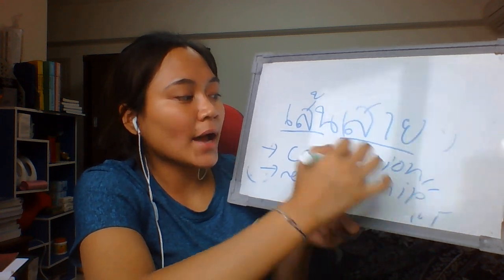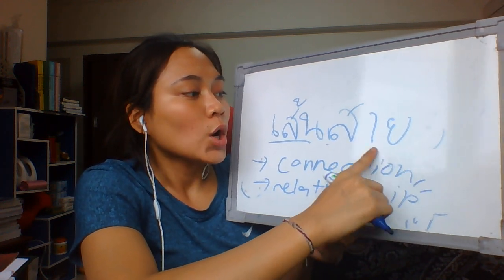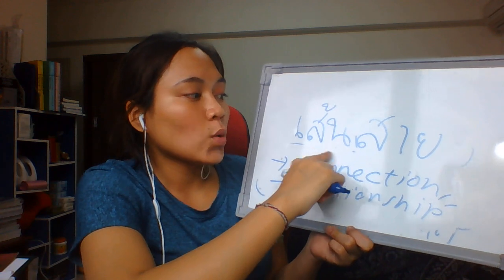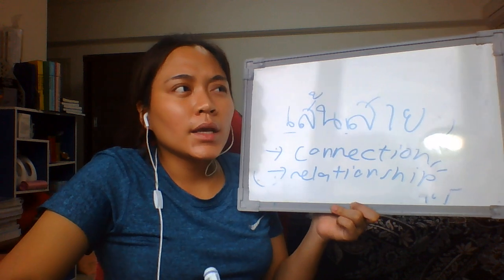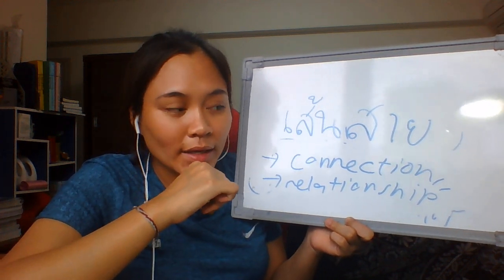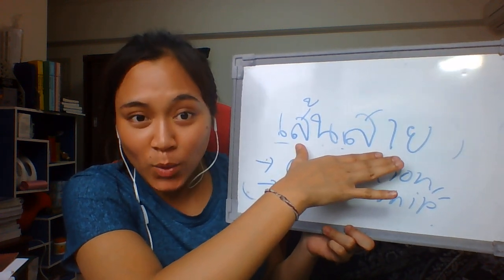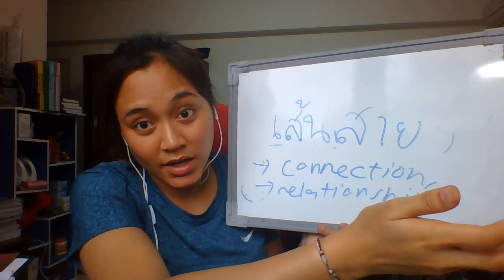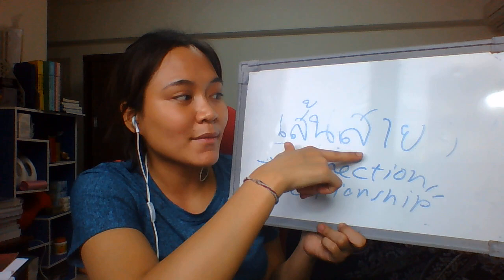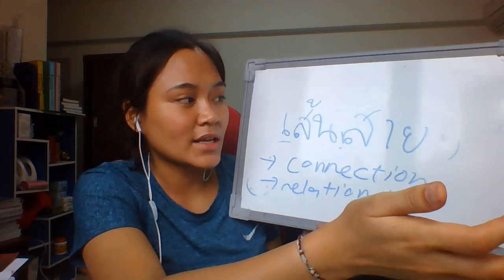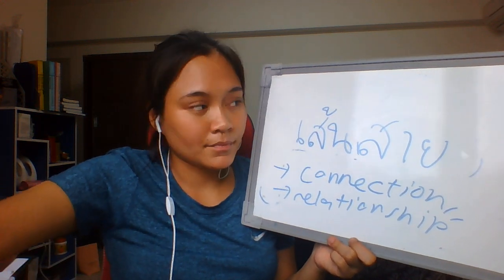But when we talk about this kind of connection, sen sai, we normally talk about it when you apply to a school, university, or a job, and sometimes you need sen sai. I wouldn't say that it's high culture, but we say that it's easier for people who have sen sai to do things and get things done in life. It would probably take forever if you don't know anybody that can help you. But if you have some sen sai, things get done very easily, very fast. Sen sai means connection. So we have another idiom. And this is an idiom.